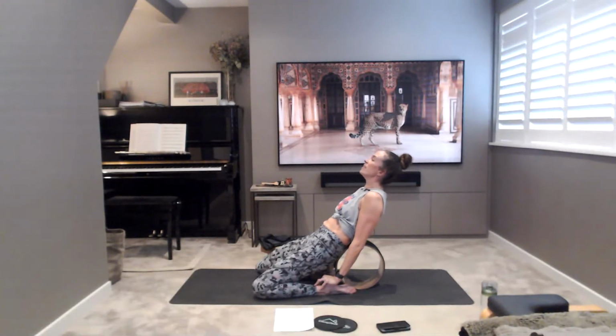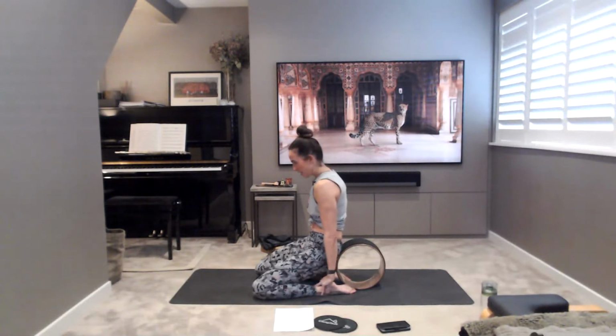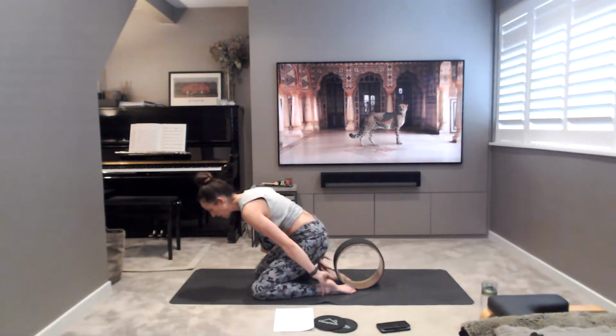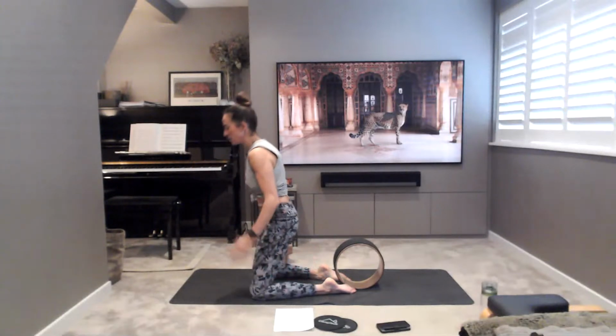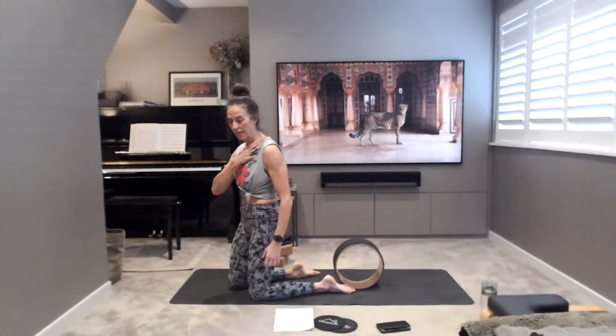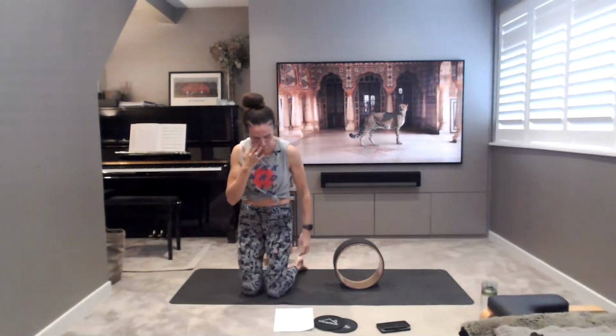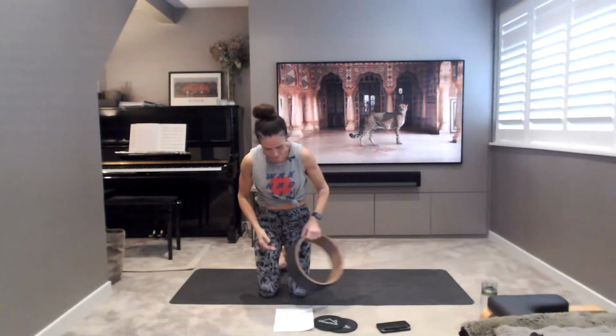Don't strain the head, neck, chest, thighs, anything. So moving super, super slowly. We don't want to take any strain into the neck, into the front of the neck, or into the big supporting muscles of the neck. Okay, so